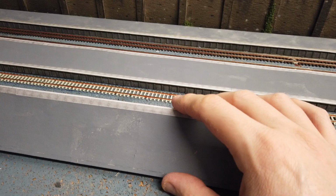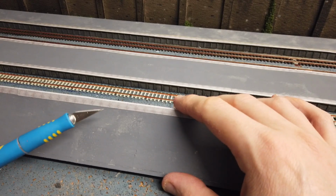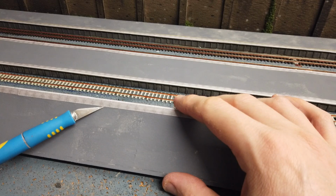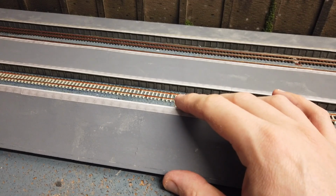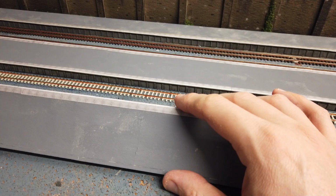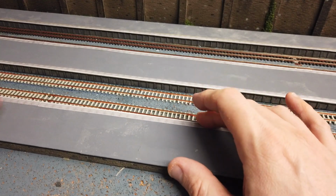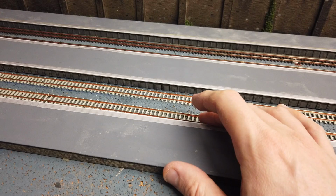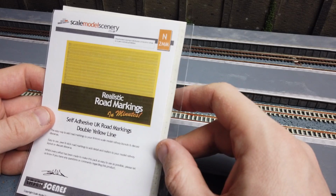Now this is N gauge and everything is absolutely tiny. Just as a reminder, here's the blade of the craft knife, and you can see how small this is. So I could attempt with a paintbrush with yellow paint on it, or a yellow pen or something like that, to draw a line, but I think we all know how that will end. Disaster. So a little hunt around on the internet, and I found these